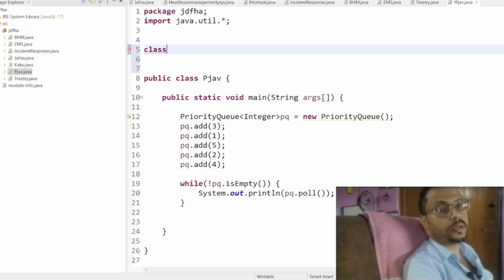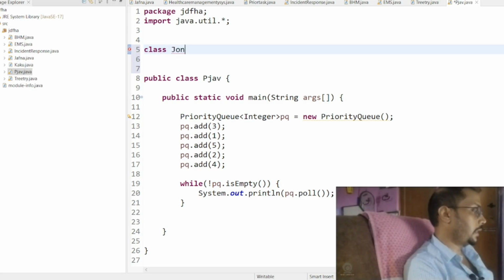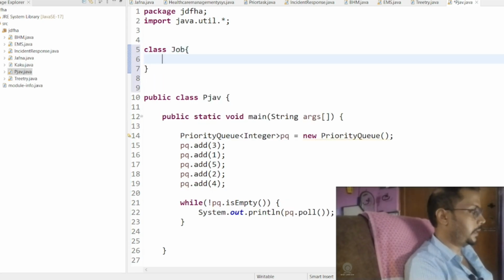The jobs will be arranged as per the priority. Like I will be doing a particular job that will get the topmost priority, then the second job is going to get the second most priority, so on and so forth. Let's see how we are going to do that. We have created a job class over here. Now let's assign some jobs,